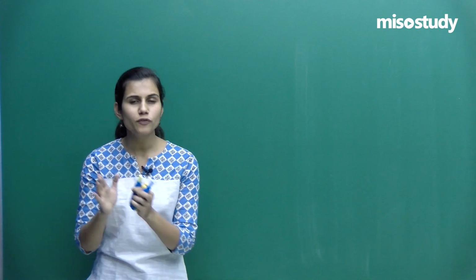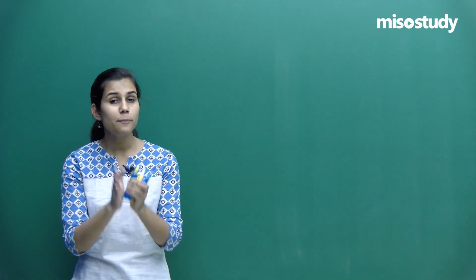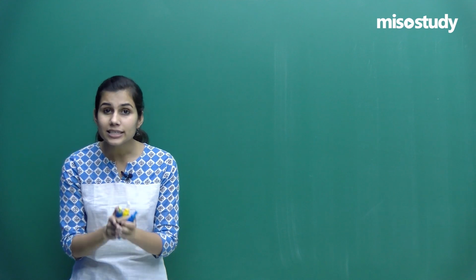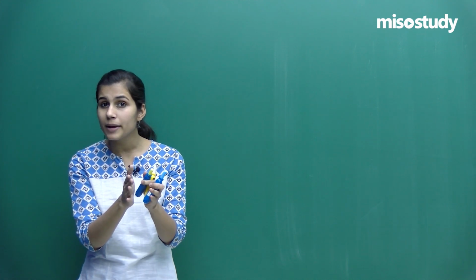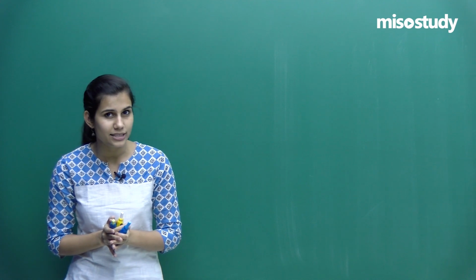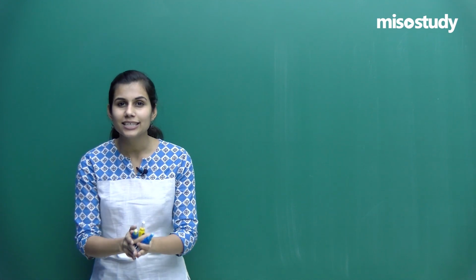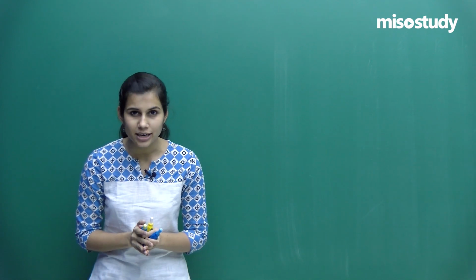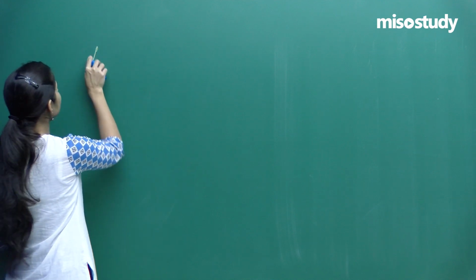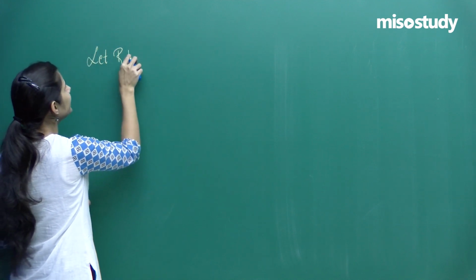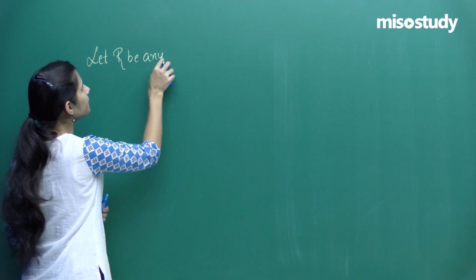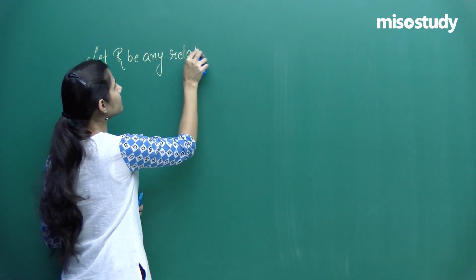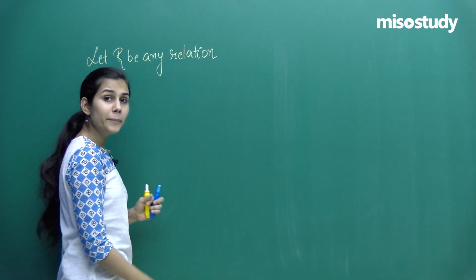This example basically gave us two ordered pairs inside the relation R, and we deduced the meaning of domain and range of a relation with the help of these two ordered pairs, or by understanding the first elements of these two ordered pairs and second elements of these two ordered pairs. And now is the time to understand what is the meaning of domain and range of a relation when you have an arbitrary setup. The concept says, let R be any relation from A to B.